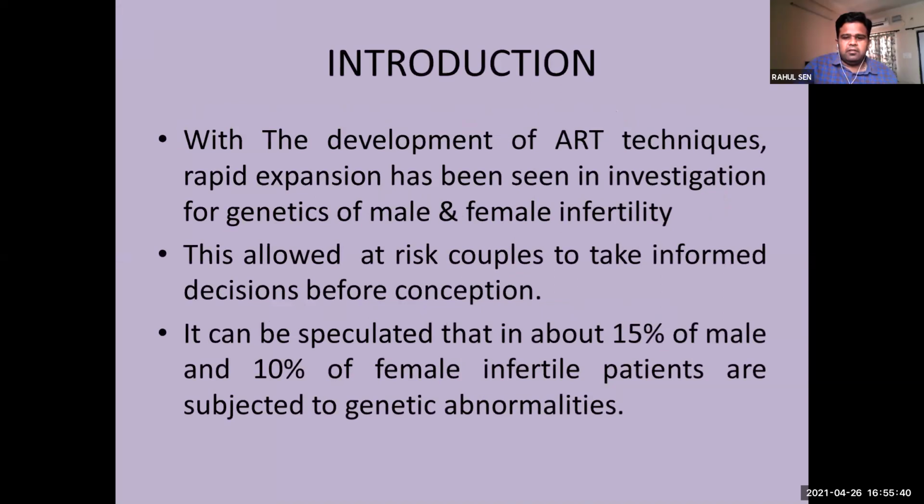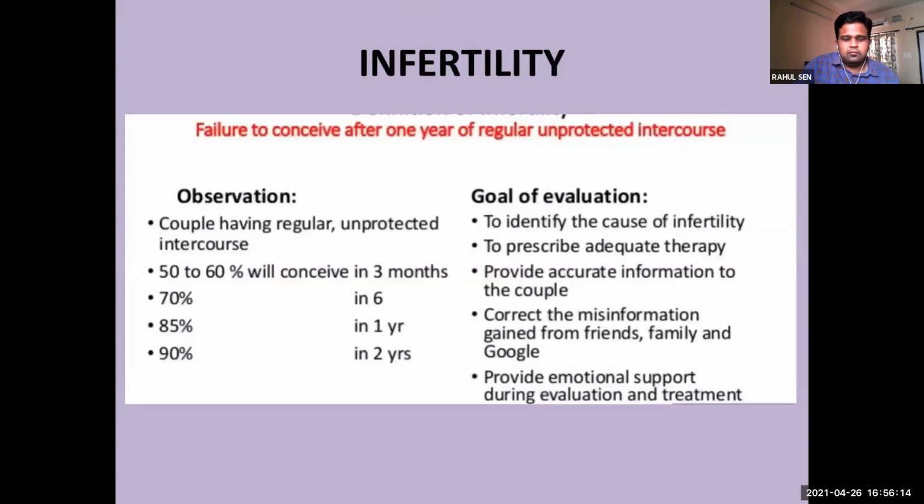Okay, so with the development of ART techniques, a rapid expansion has been seen in investigations for male and female infertility genetically. This allowed at-risk couples to make pre-informed decisions before conception. It is already speculated that around 15% of the male population and 10% of the female population from the infertile cohort of patients are affected with genetic abnormalities. So going back to the basics, what is the definition of infertility, which is very well known